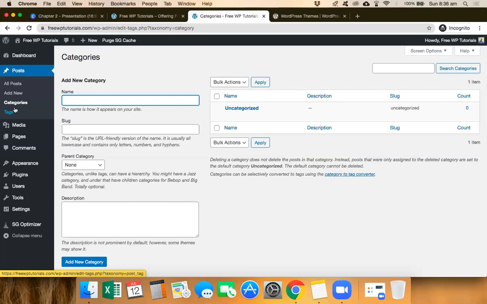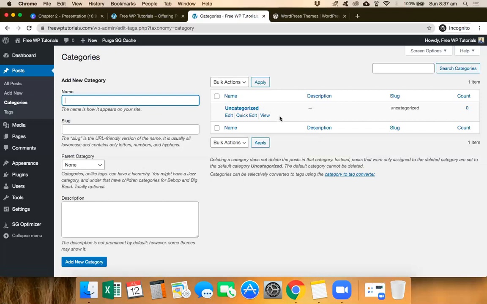So let's go ahead and first create some categories. Now, by default, if you come over to the categories page, you would first see what is called uncategorized. That is, if you do not select a particular category while creating a blog article, it will come as uncategorized. Now, this is something you cannot delete, it is always there.